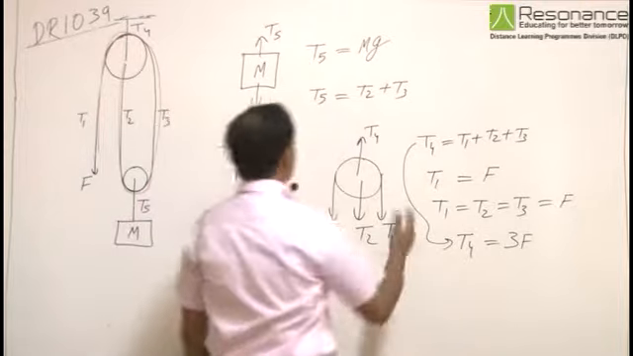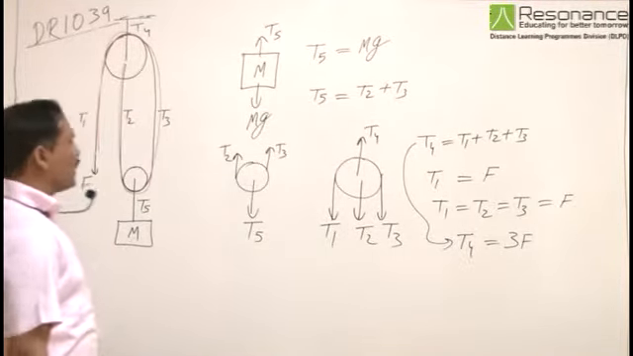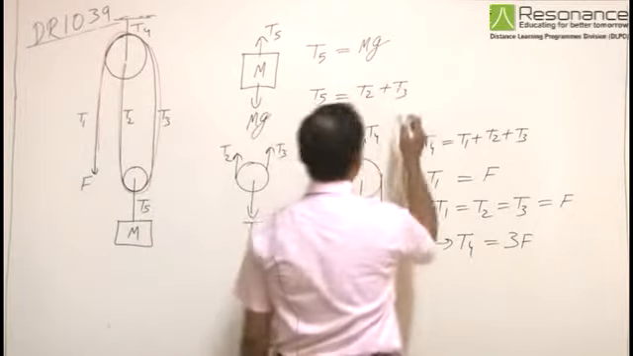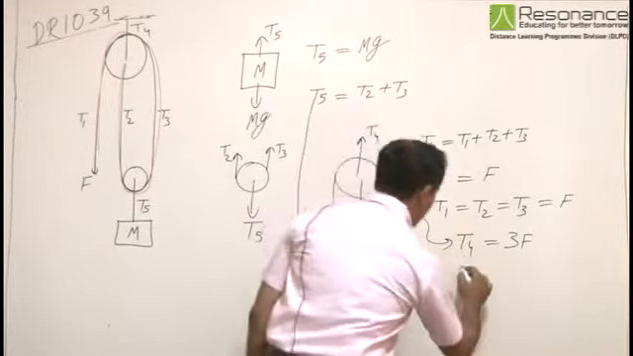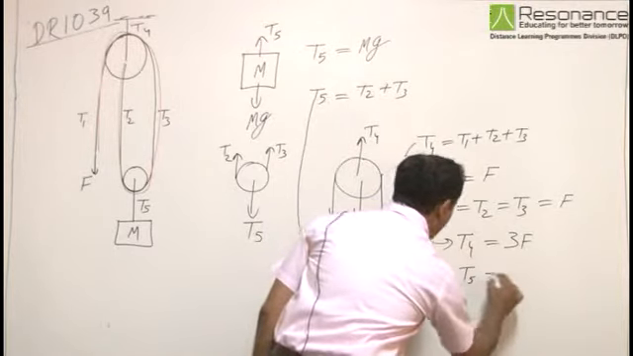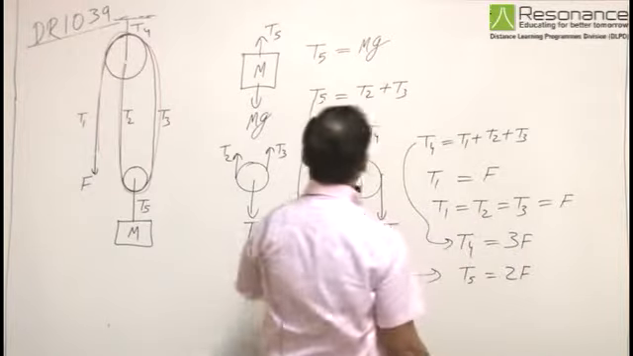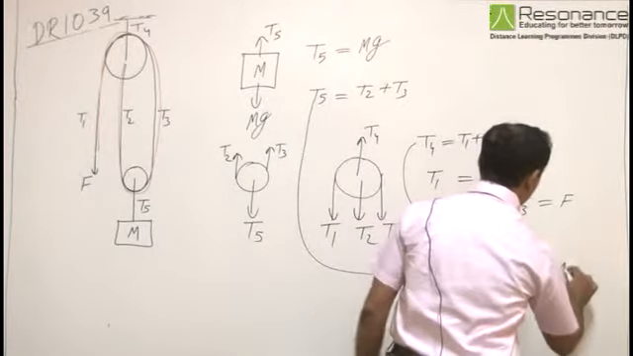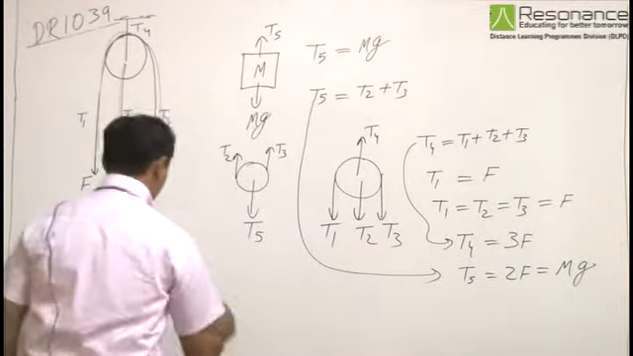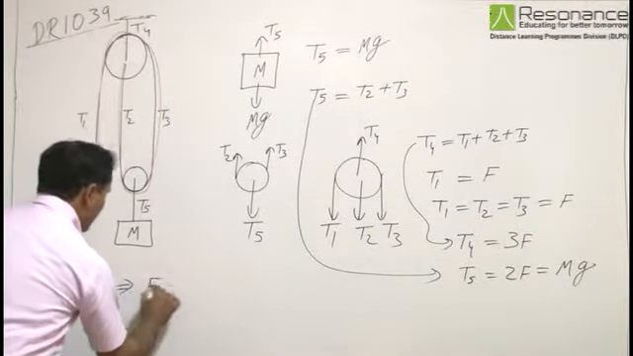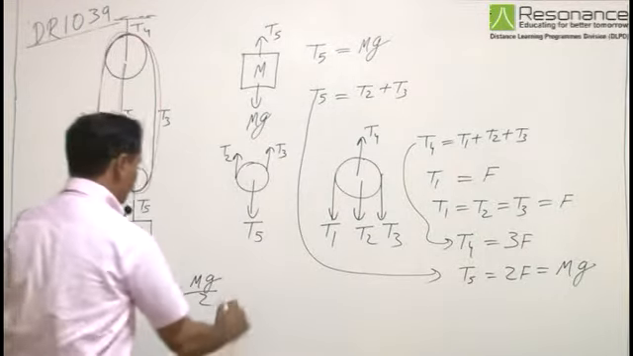and as it can be seen that the block is in equilibrium, T5 is T2 plus T3, so it can be written as T5 is equal to T2 plus T3, that is equal to 2F, and that is equal to mg. So from here it can be concluded that F is equal to mg by 2,